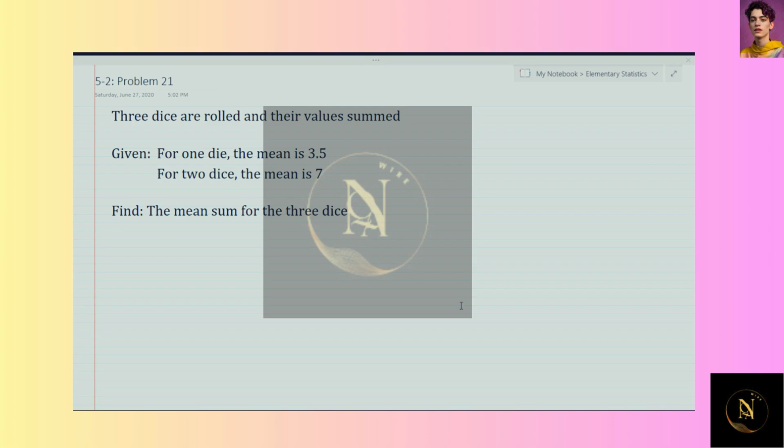So let's start off by looking at the one die case. With one die, we already know that the mean is 3.5. I'll write it as mu equals 3.5. For the two dice case,